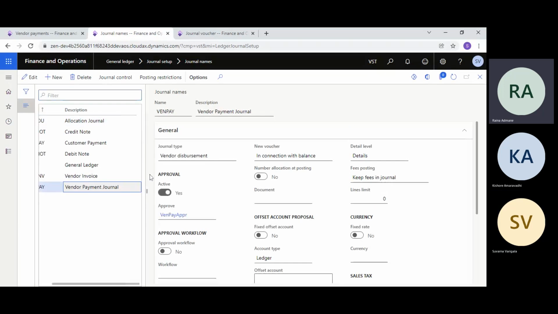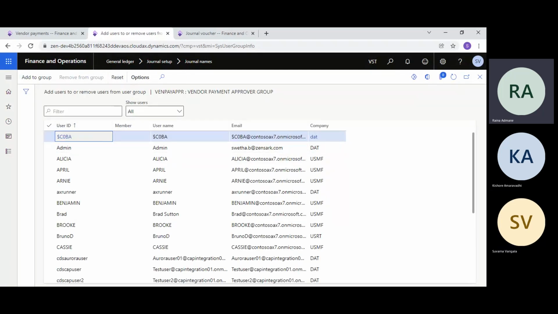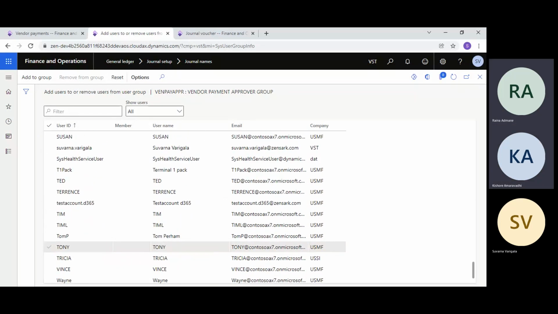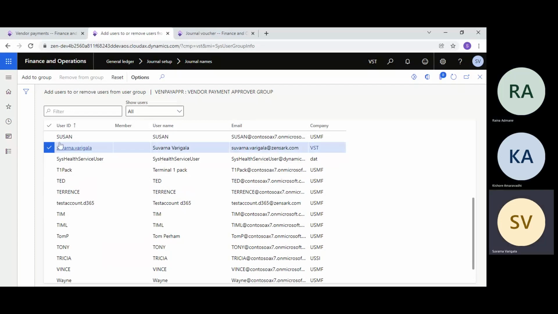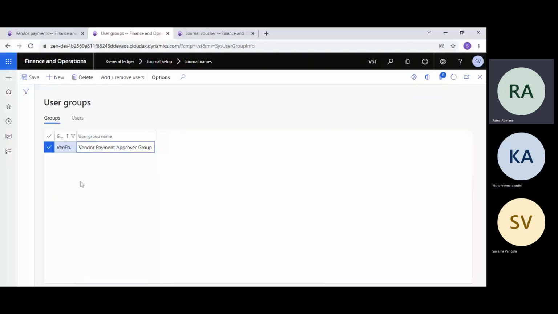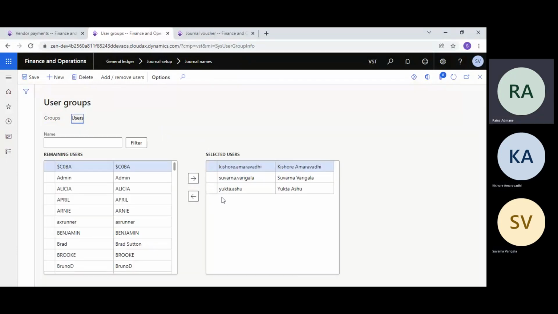And go to the vendor payment, yes, and now you have already selected that approvals, and then this is the group, and in the users click on the user. No, don't remove that. Go back. There is a user button there after group. Yeah, and here you have to add your name. I just added now. Okay, save this.